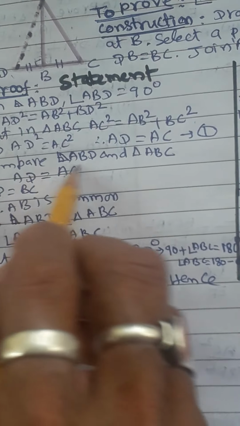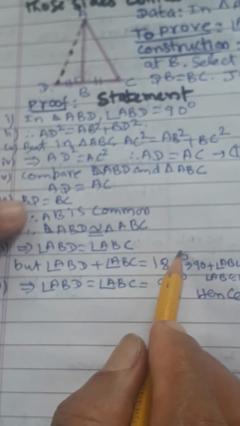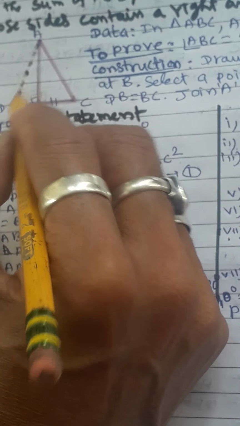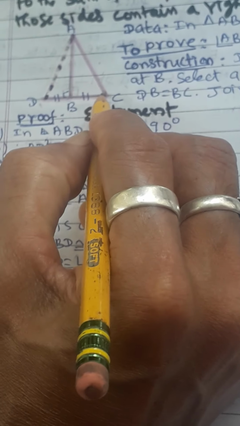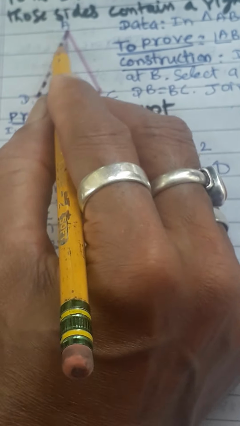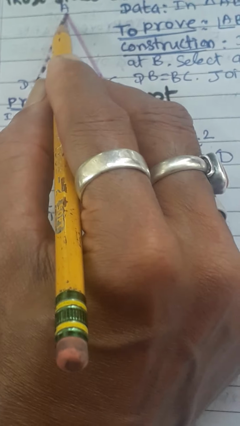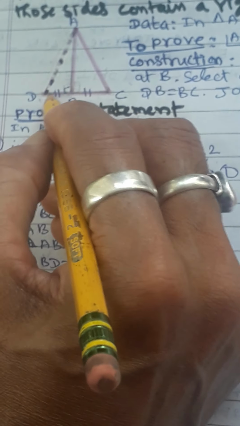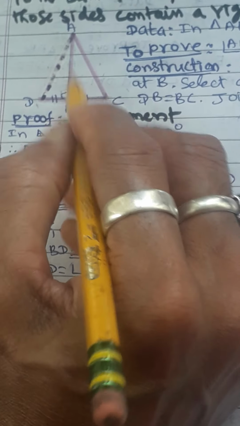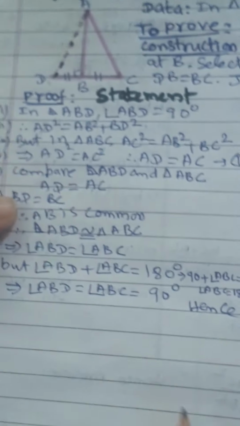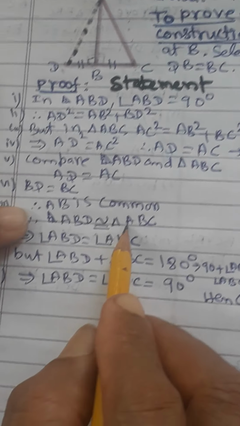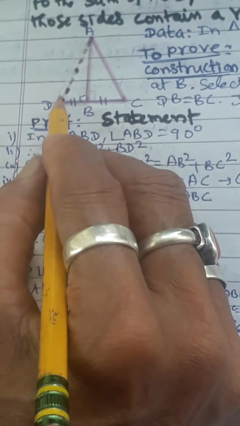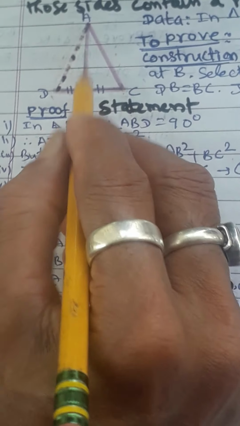Okay, then compare between these also. What you have to do is, now compare triangle ABD and this triangle also. Both triangles you compare. While comparing, we already know that this side is equal to this side, isn't it? And this side is common, because it is a common side only. So for a common side, definitely no variation will come. Already, according to the construction we have done, this also will naturally come as equal. So once these are equal, we call it a congruent triangle, because all three sides come equal.